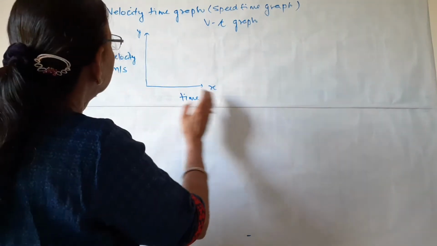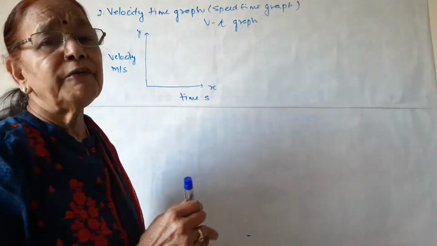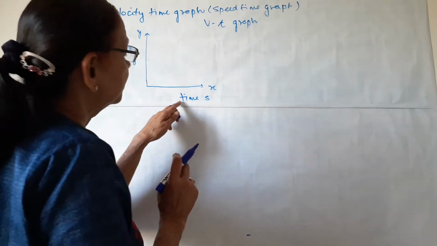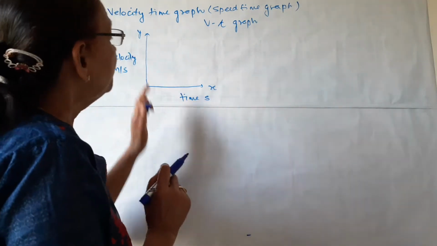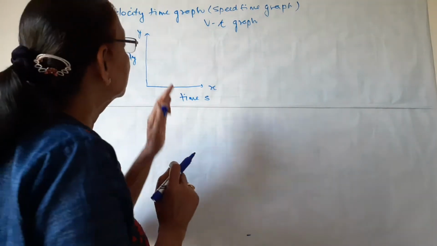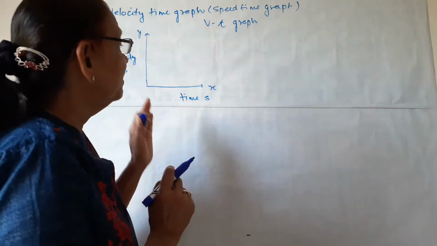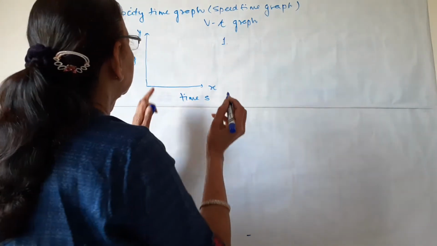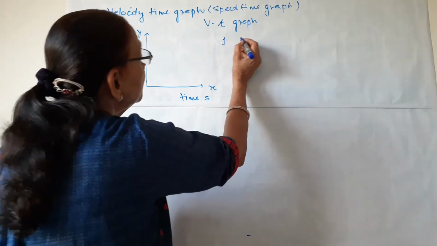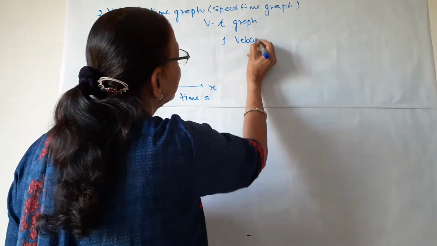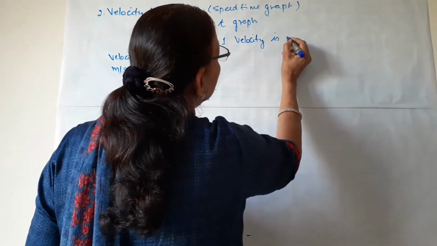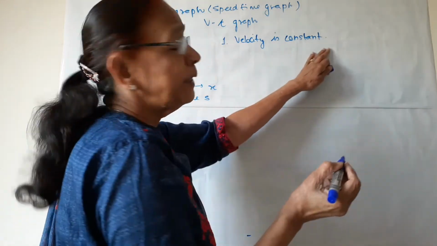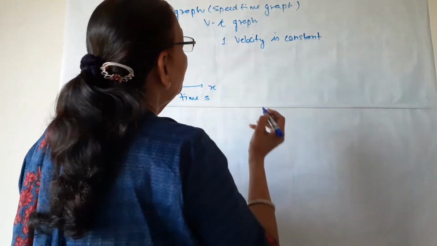If time is increasing, what are the values of velocity? So this graph shows the relationship between velocity and time. We have different situations, different cases to plot these graphs. We have 3-4 cases. So first I will start with the first case. What is the first case? Suppose the velocity is constant. Velocity or speed is constant. Then how will the graph be?